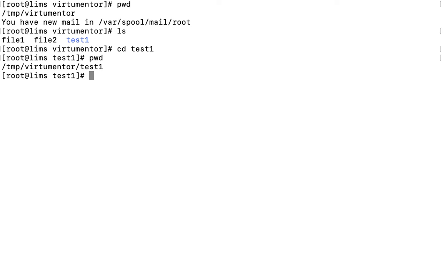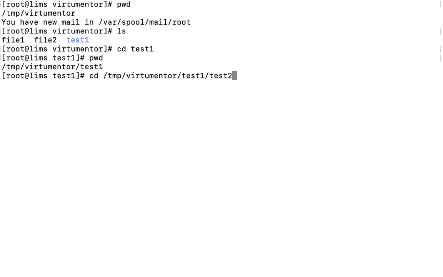In this cd command, we can also give the absolute path, like cd /tmp/virtumentor/test1/test2. This path is called the absolute path.